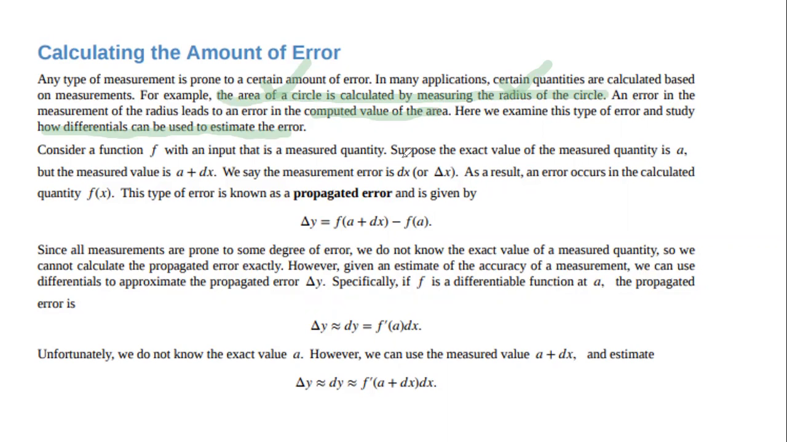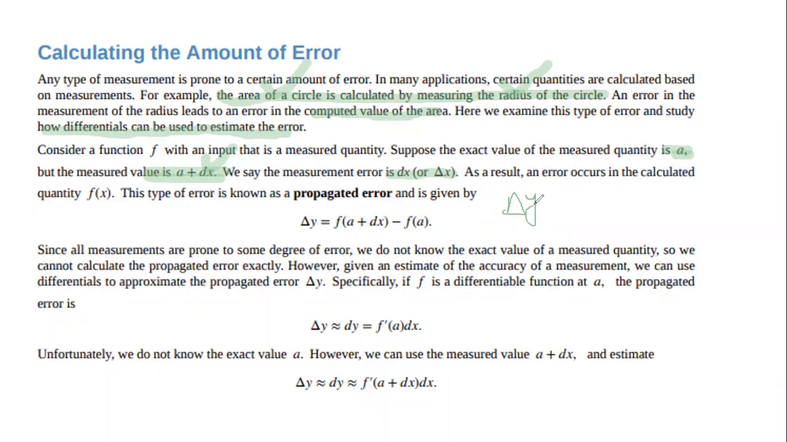Suppose the exact value, the actual value of the measurement, is a, and the measured value I find is a plus delta x. That is, there is a slight increase. The actual value is a, but the value I find by using the measuring instrument is a plus delta x. So we can say that the error is delta x or dx. As a result, an error occurs in my function value. This type of error is known as propagated error, and we can find it by using this formula,